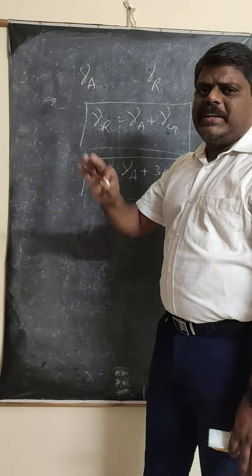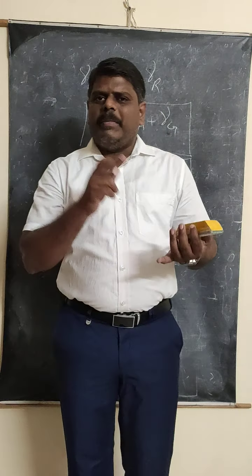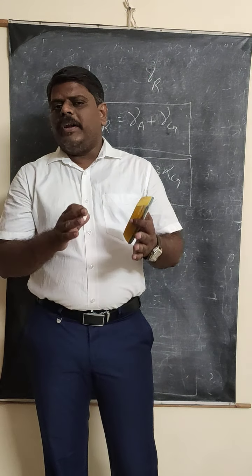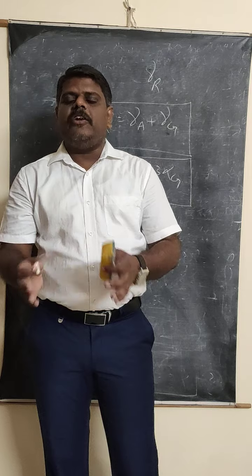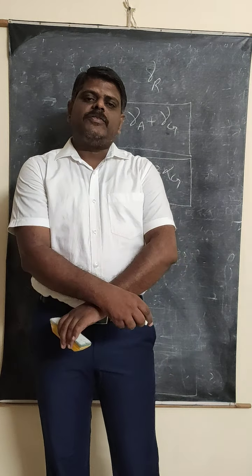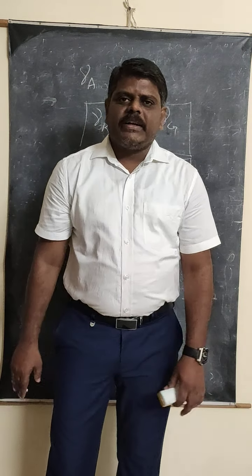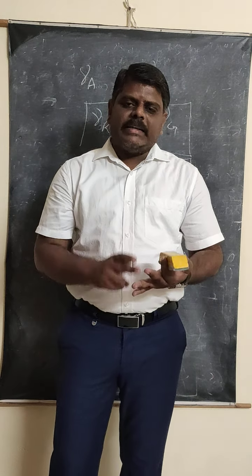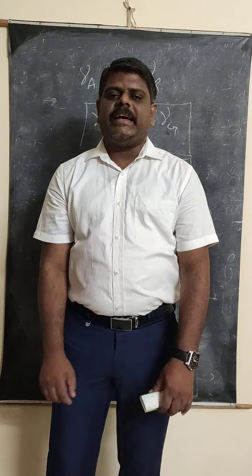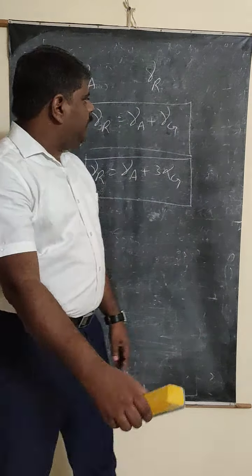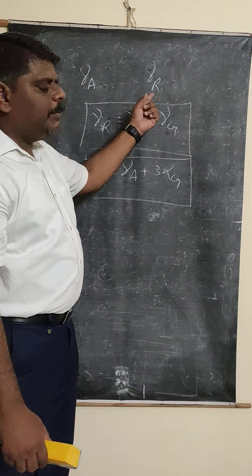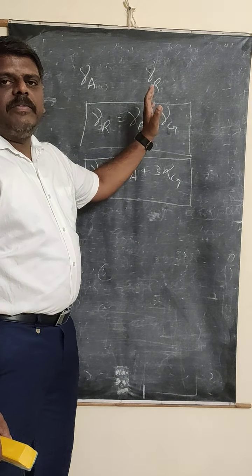In this one there is no change. The formulas will be the same, because gamma A represents the volume expansion and gamma R also represents the volume expansion. Only when we define them there is a small change, but the formula remains the same. And as with solids, I already told you that whatever coefficient of expansion you take, for solids, liquids or gases, all types of coefficients have the same unit, that is per degree Celsius. So let us see today what the formula of gamma A is, how we can define it, and what gamma R is, how we can define it, and we are going to find the values.